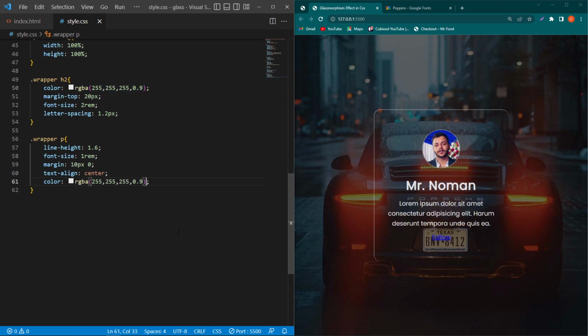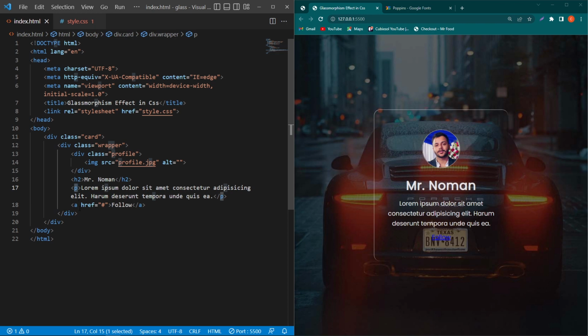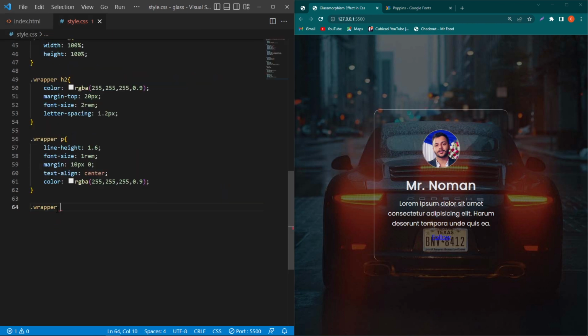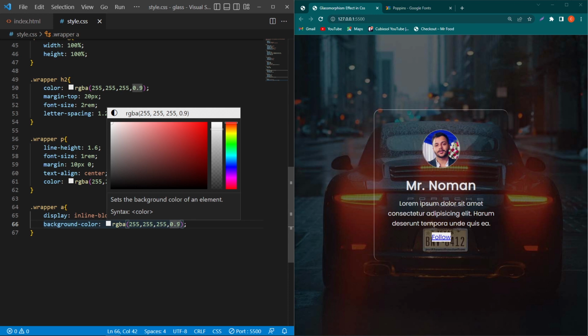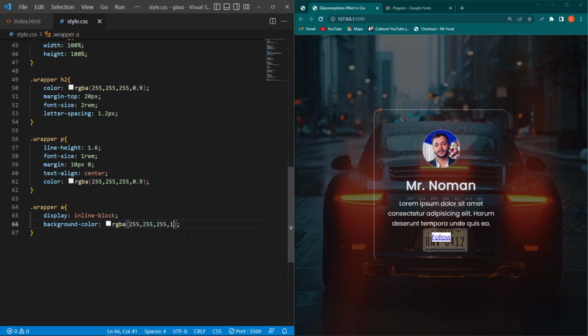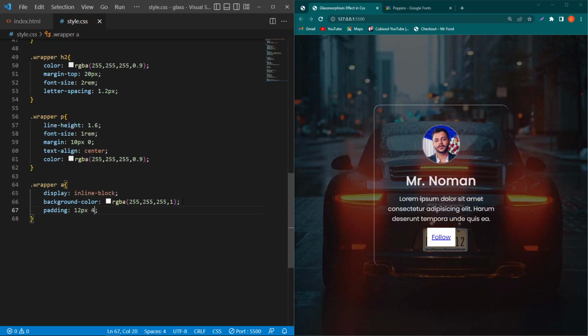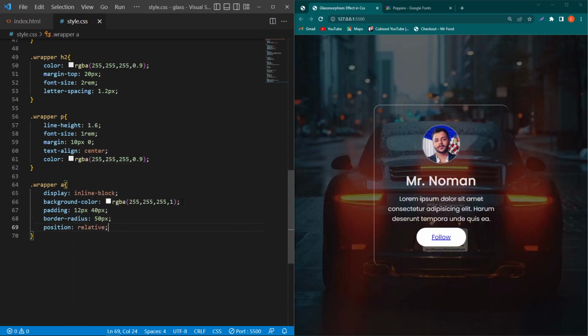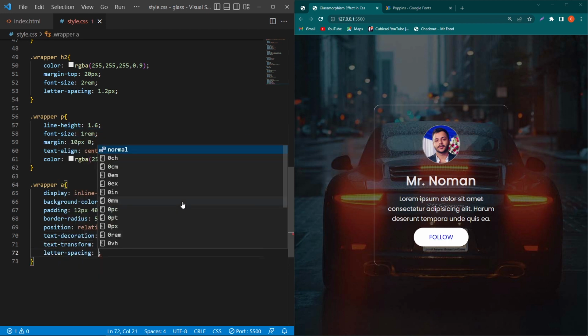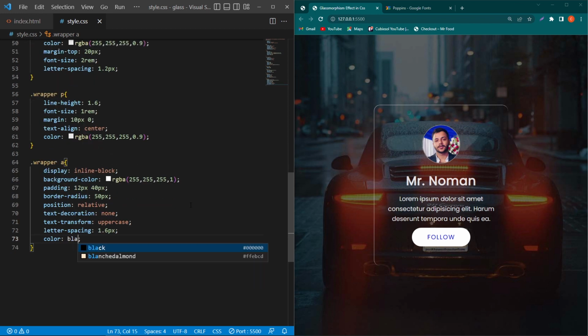Next, we have to design a button. So I will copy this wrapper class and paste this class here, and then we have to copy this a element and paste this element here, and type here display inline block, background color. Copy this color code and paste here, and change the opacity from 0.9 to 1, padding 12 pixel and 40 pixel, border radius 50 pixel, position relative, text decoration none, text transform uppercase, letter spacing 1.6 pixel, color black, and